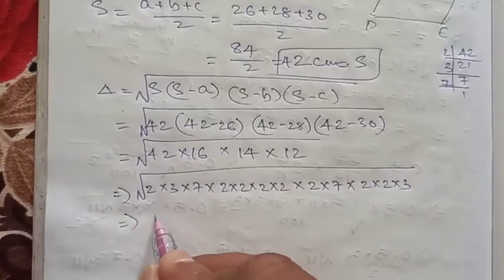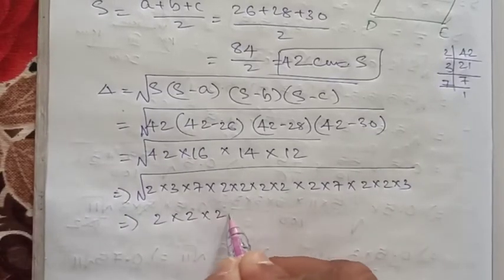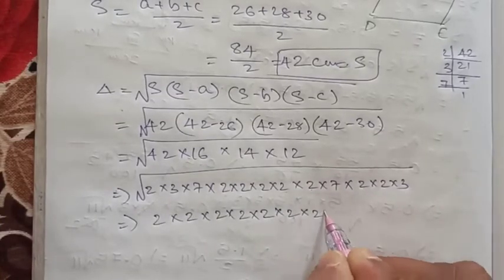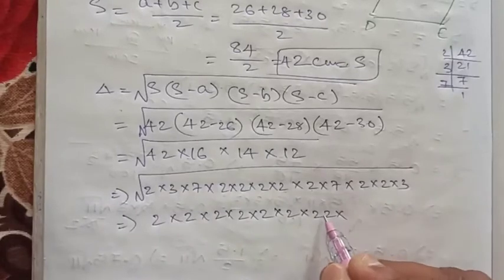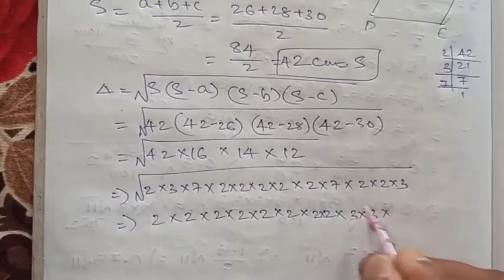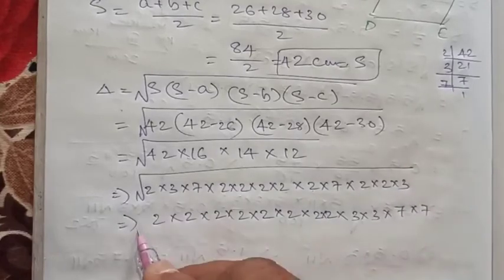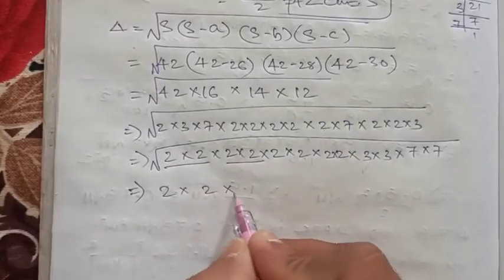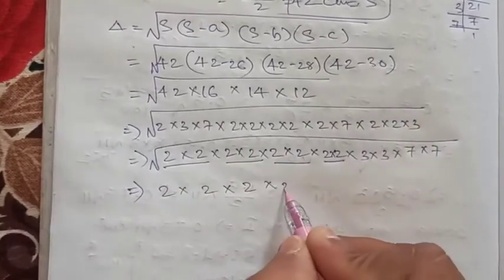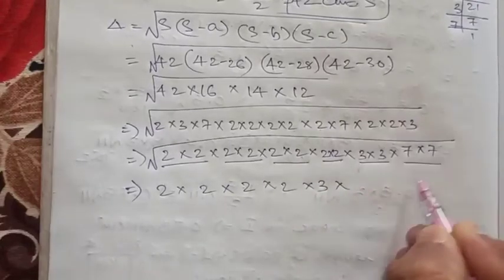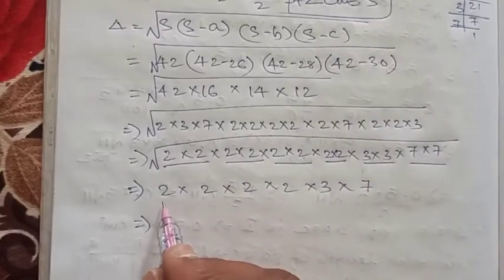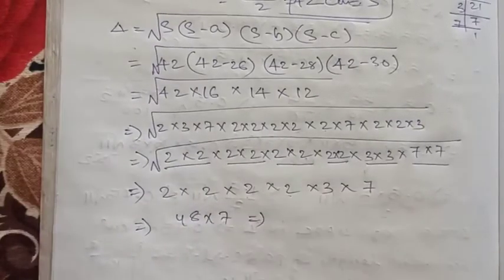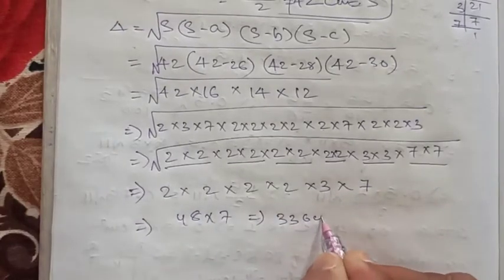Now we will arrange them. 2 into 4 times 2, then 2 into again twice 2, then 3, twice 3 it is given, 3 into 3 and 7 into 7. Now find out the pair of numbers. Out of this pair we will write one outside, out of this again one, from here 1 number, from here 1 two we will write, from here 1 three we will write, from here 1 seven we will write. Now multiply everything. 2 times 4 is 8, 8 times 2 is 16, 16 times 3 is 48, 48 into 7. 48 into 7 will give us 336 centimeter square.